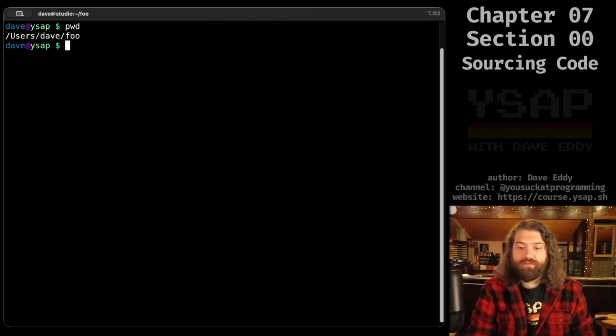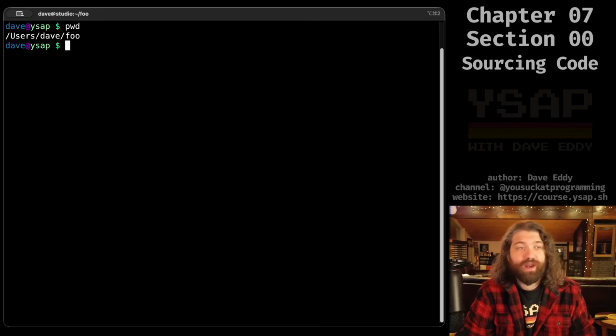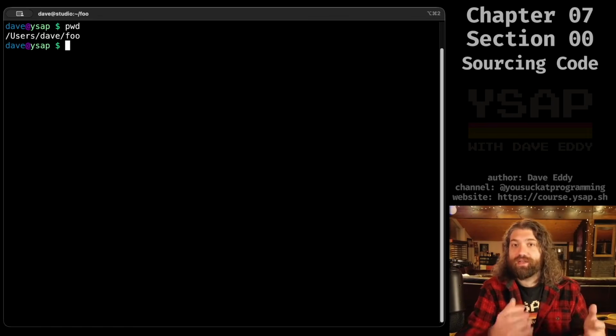All right, so now we are back in our foo directory, and now we are going to talk about sourcing files. This is how in Bash I can have a library of functions. Now Bash is special because it can just execute external commands, so I could have a whole directory full of commands and I can execute them no problem, and I could totally do it that way. I could also make functions or variables or anything like that in its own file, and I can source